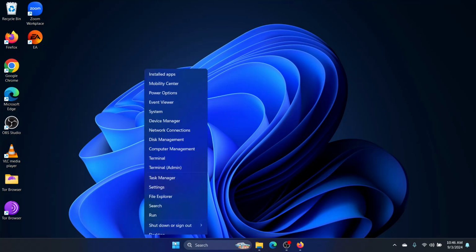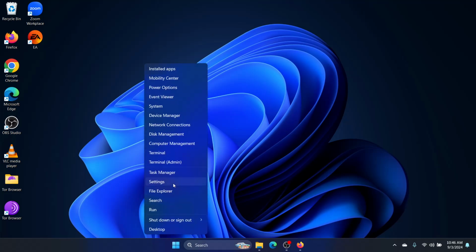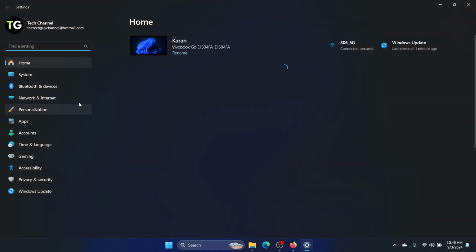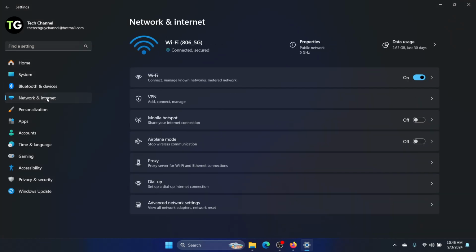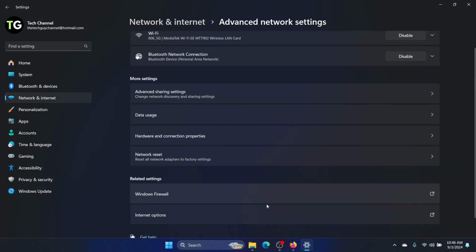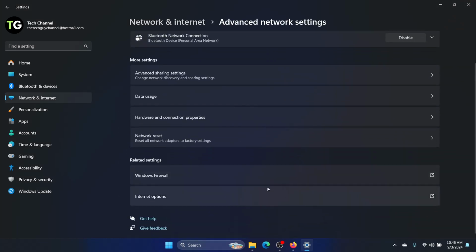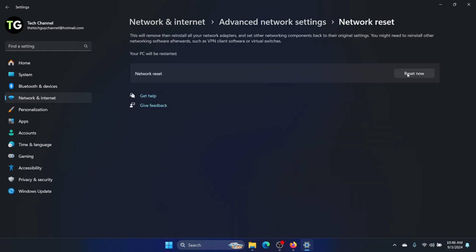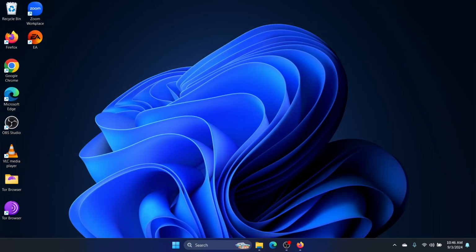So we will right click on the start button, click on settings, and we'll click on network and internet, and then we'll click on advanced network settings, and here we will look to reset the network, and this is network reset. Click on reset now and click on the button and restart your computer,